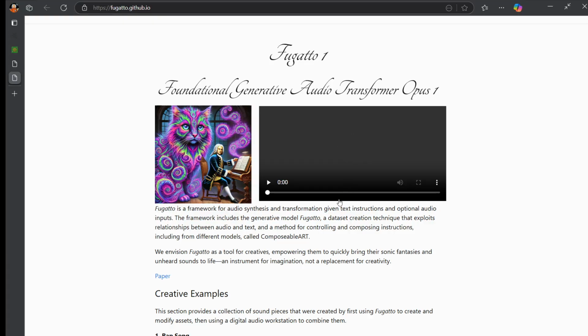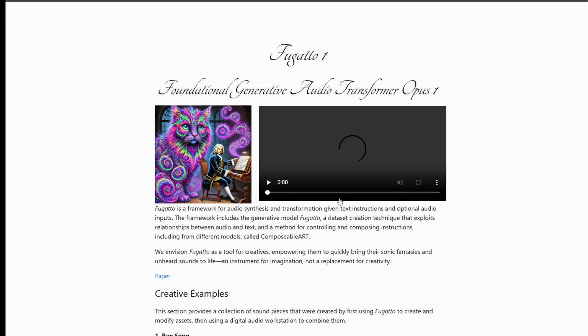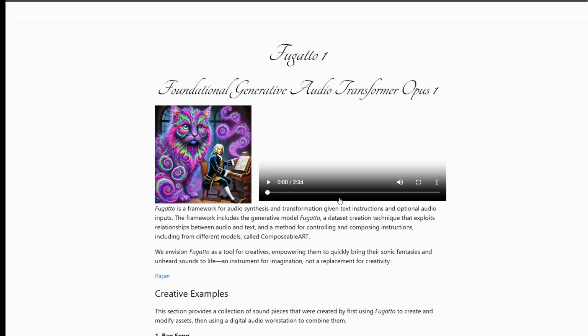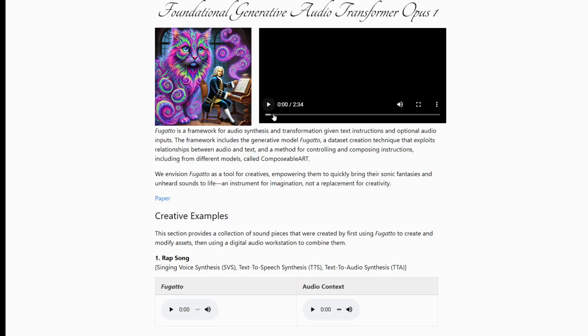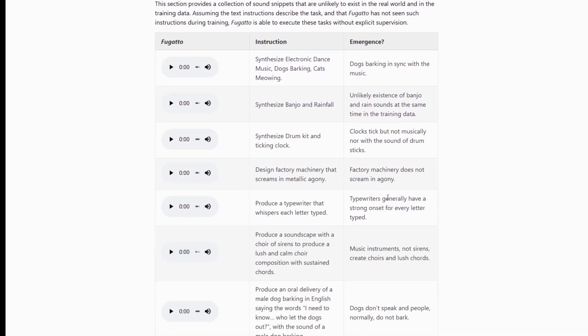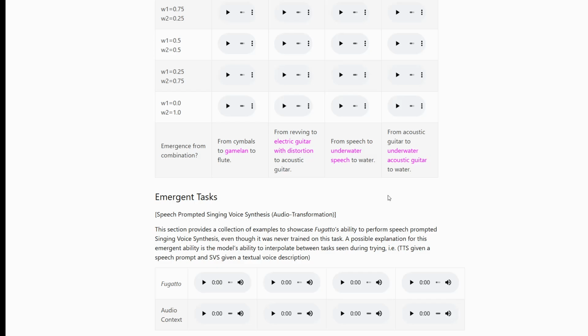So instead of just following one instruction at a time, Fugatto can blend and tweak them to create something totally unique. Exactly. This is where it gets really interesting. Tell me more about how this composable ART magic actually works. Composable ART works by encoding the text instructions and the audio into a shared